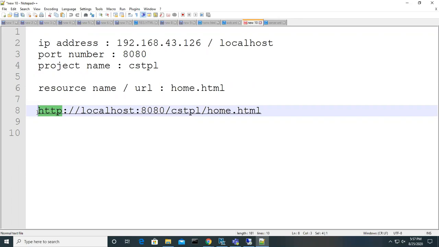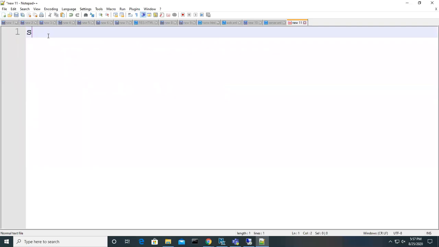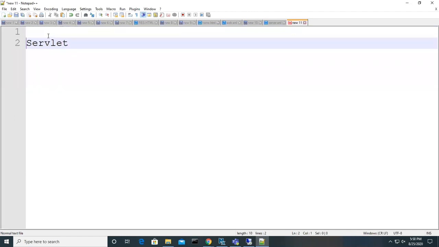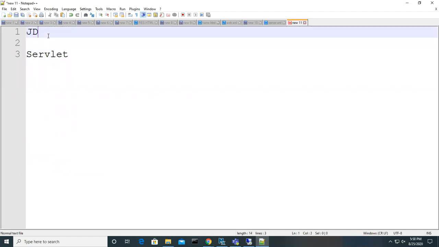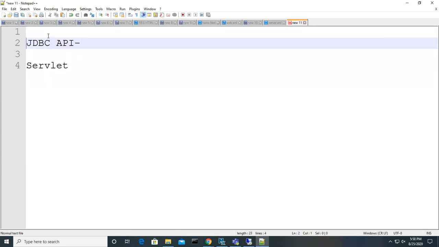Okay. So today, let's try to understand what is servlet. The servlet is a concept, and also we can call it an API. So we know the JDBC API, right? What is the JDBC API? This API is going to help you to do the database operations. Every API will have some purpose. This API has the purpose of doing database operations, retrieving the data, putting the data, getting the data,